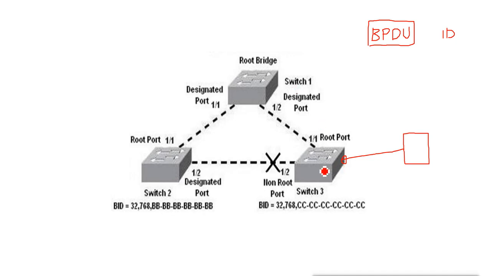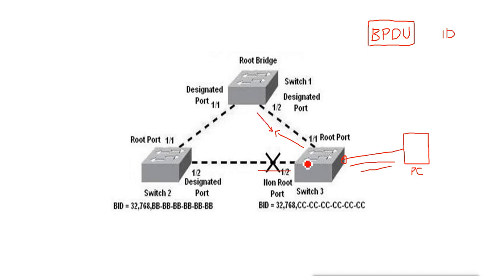So it is exchanged on every port of the switch within 2 seconds. Now every port, that means it will send on this port also, and this port also, whether the other end there is a switch or not. If suppose on this end we have a PC, the PC will not respond. PC will not reply anything. It will only drop the BPDU packet. But if there is another switch connected to the port, then the other switch will respond with a reply with its own BPDU.